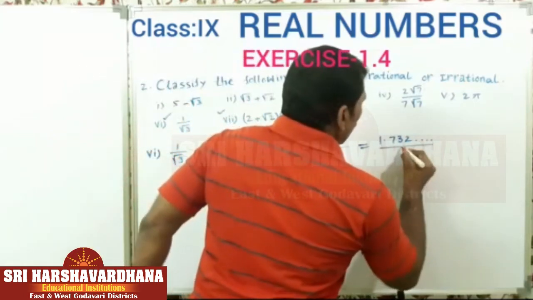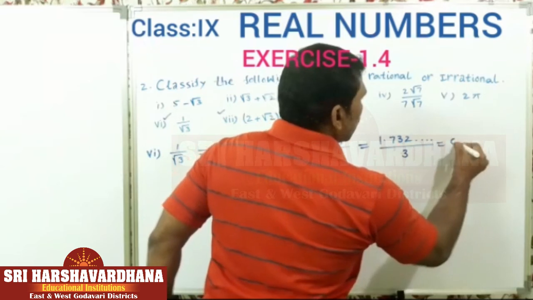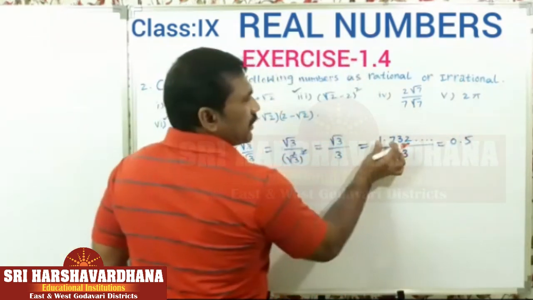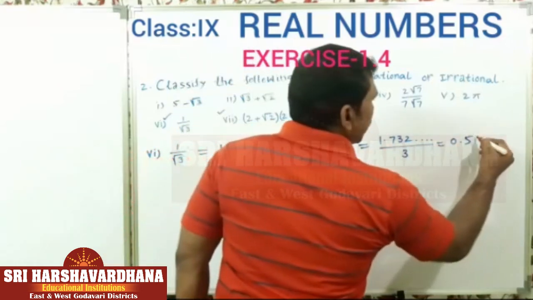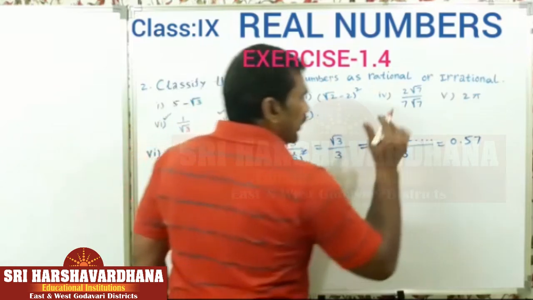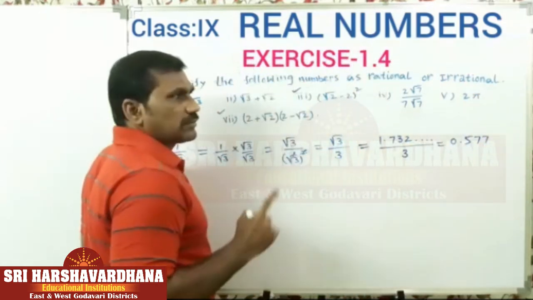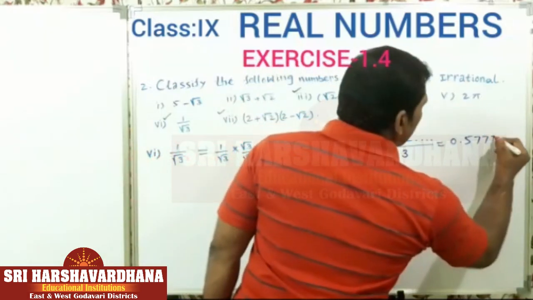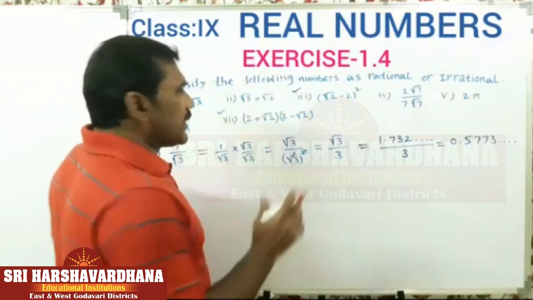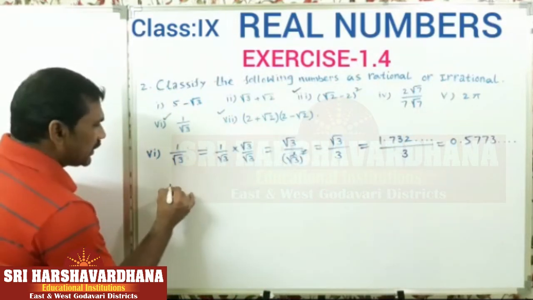If you divide 1.732 and so on with 3, then you will get, right? 3 5s are 15, 2 is there, 3 7s are 21, 2 is there, 3 7s are 21, 1 is there, 3 3s are 9 and so on. So observe here, the resulting number is